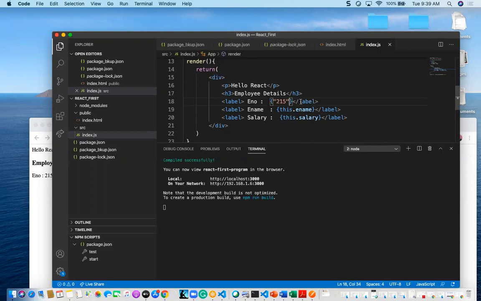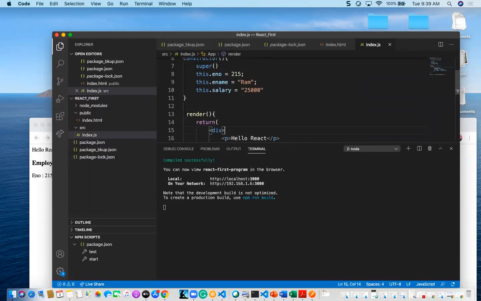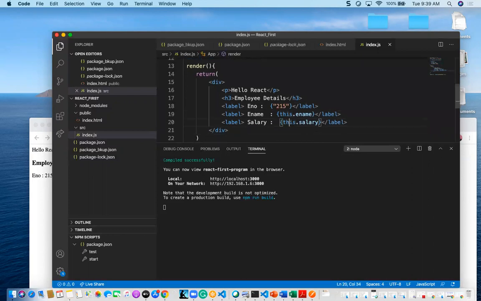That value can be a value, or a variable, or a JSON-related key, or whatever it is. It will be compiled, and it will go and get that value from wherever it is declared, and it will show us the current output.